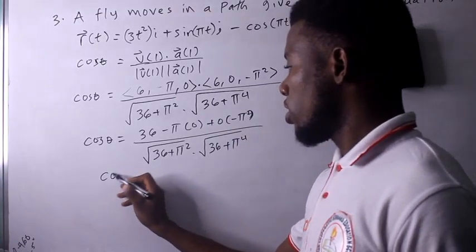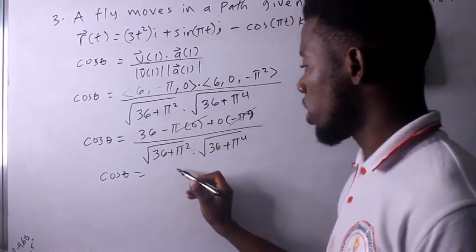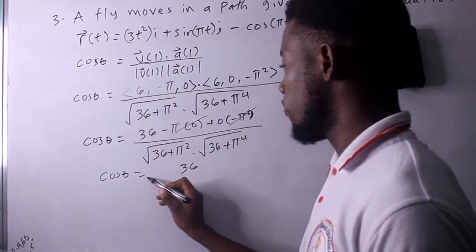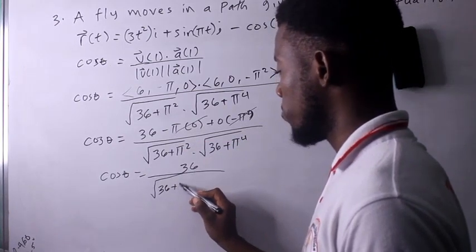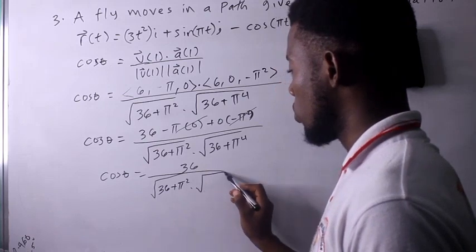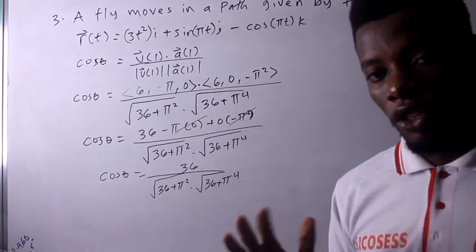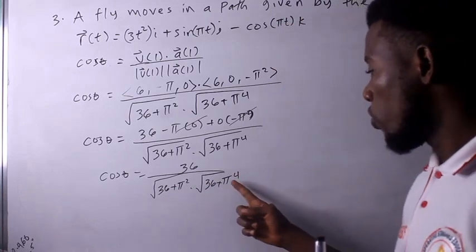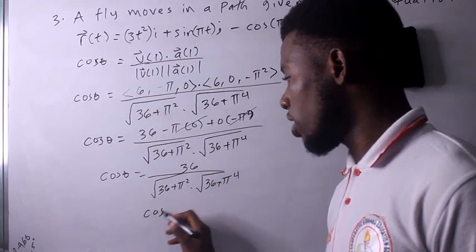So this is 0, this is 0, so this just gives you 36, all divided by the square root of 36 plus pi squared times the square root of 36 plus pi to the 4th. Now if you take 3.14 for pi and substitute that in here and simplify, you have cos of theta to be